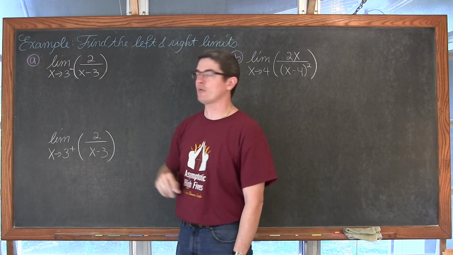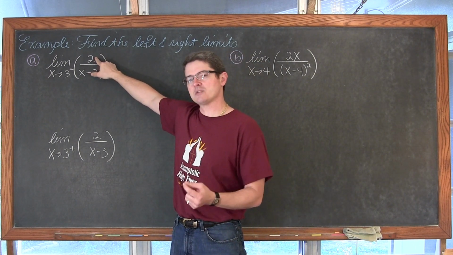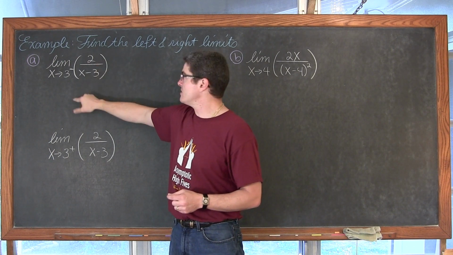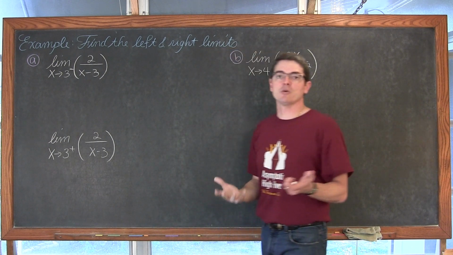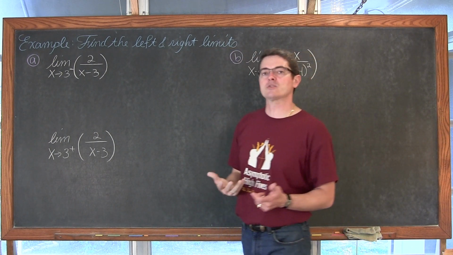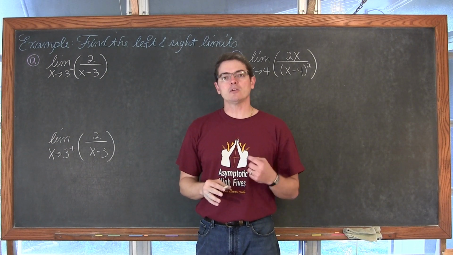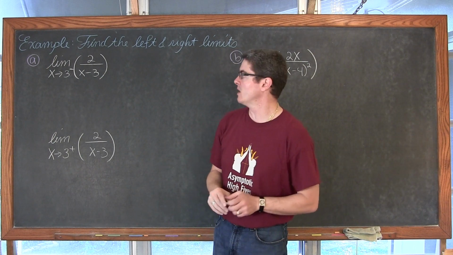Okay, so if you remember graphing rational functions, these are nice algebraic rational functions, and we have a polynomial in the numerator and denominator. The degree of the numerator, which is a constant, is 0, and the degree of our denominator, simply x minus 3, is equal to 1. From algebra and pre-calculus we learned that when graphing rational functions, if the denominator had a degree larger than the numerator, then we had a horizontal asymptote of y equals 0.